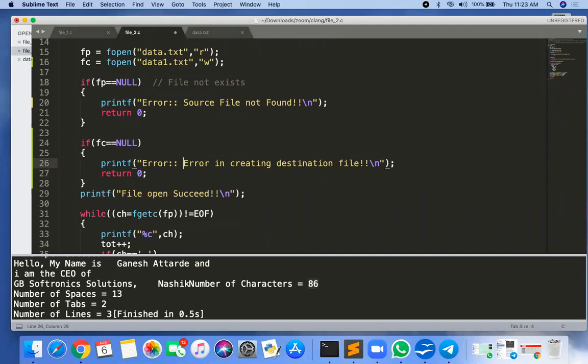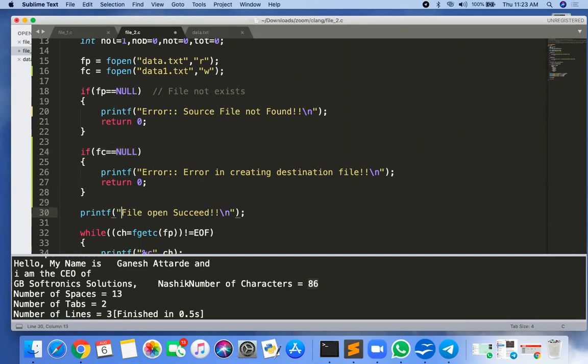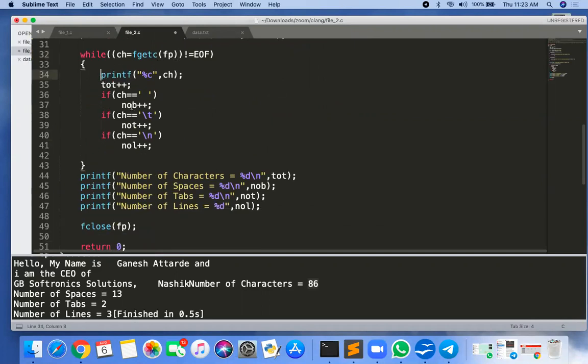In that case, you will get fc equal to null. If there is an error in creating a file, then fc is equal to null. Getting? So both files are open, ready to copy. Okay, so can you tell me the logic now?